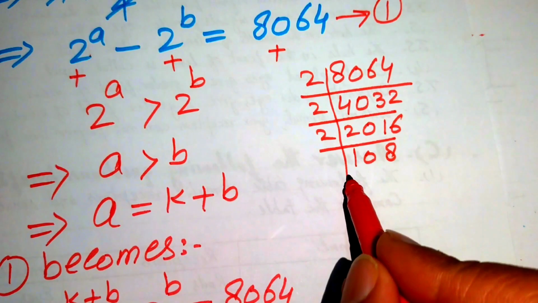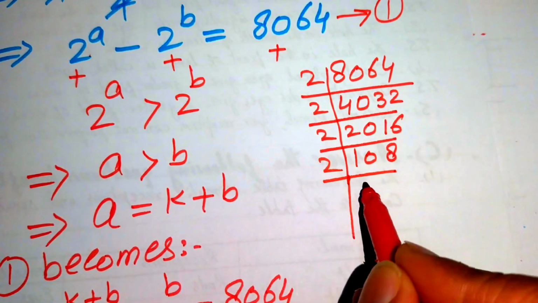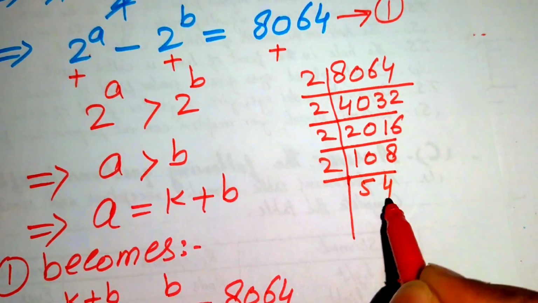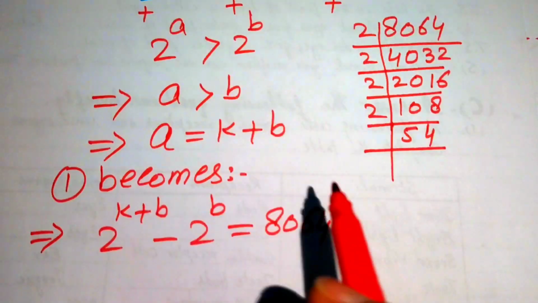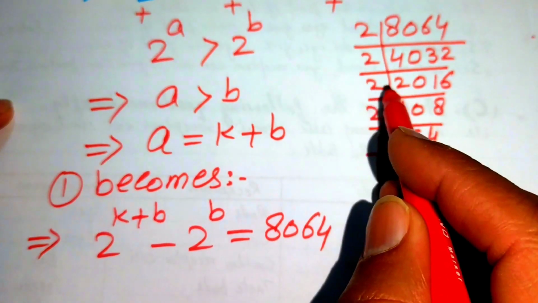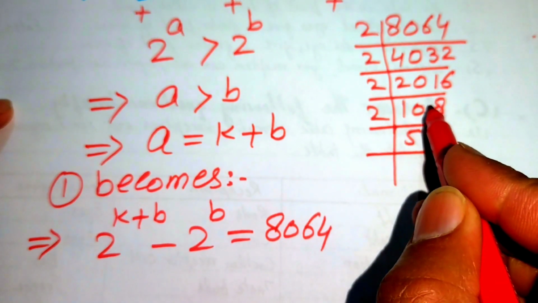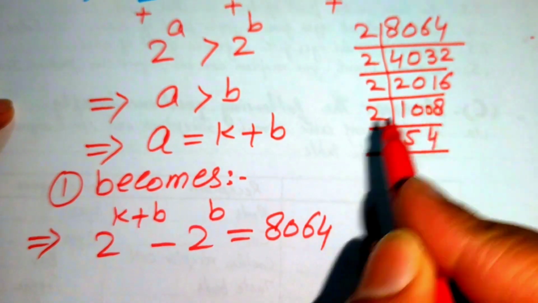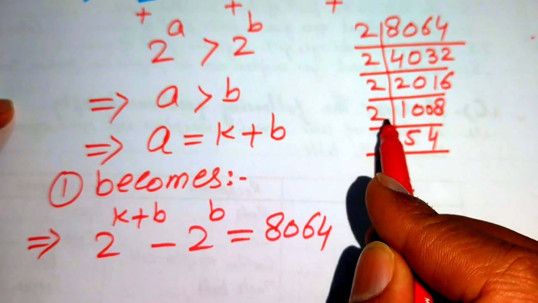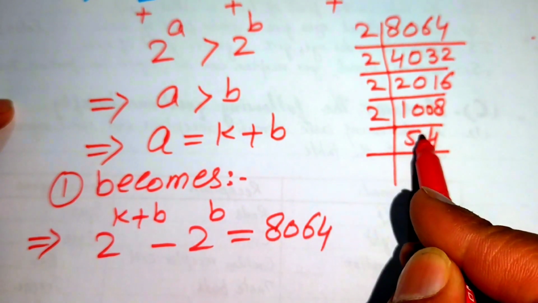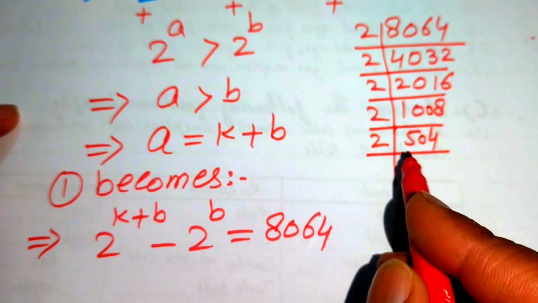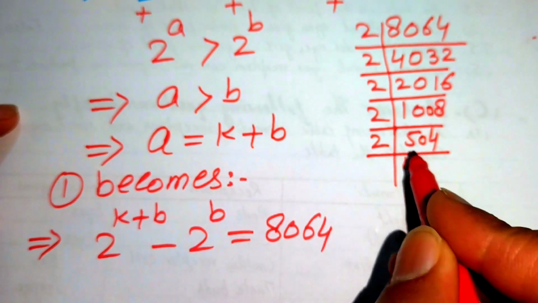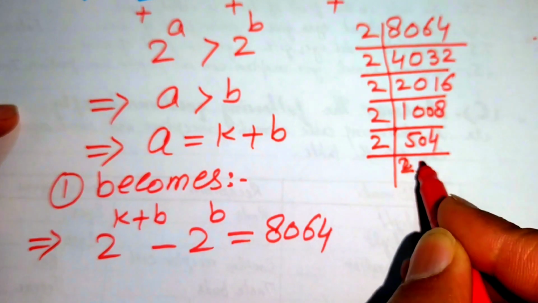And now we again divide it by 2, and we get 2 5s are 10, 2 4s are 8, and here you see that when we divide 2016 by 2, then we get 1008. And when we divide it by 2, we have 2 5s are 10, 0, and 2 4s are 8. So here we again divide it by 2, and we get 2 2s are 4, 2 5s are 10, and